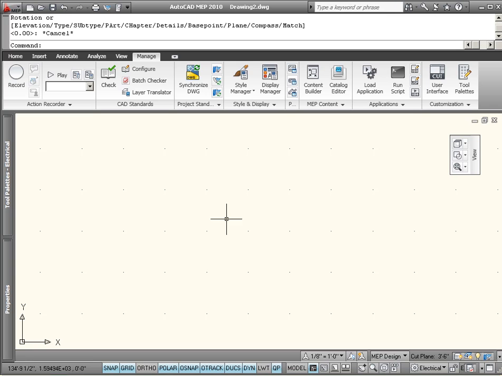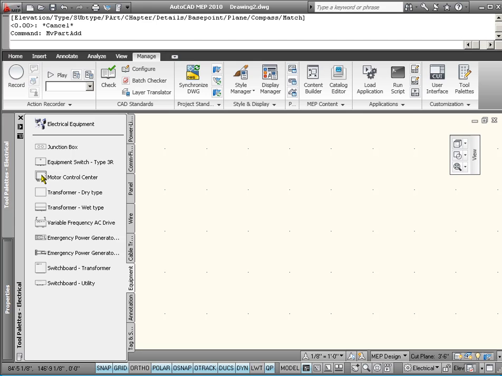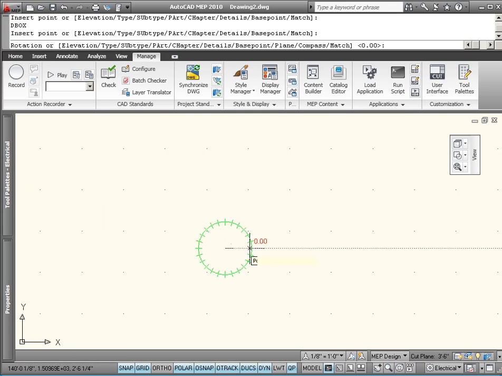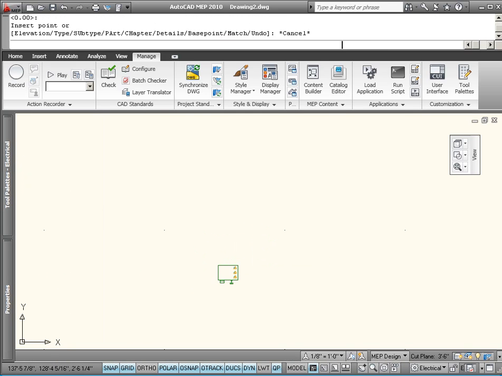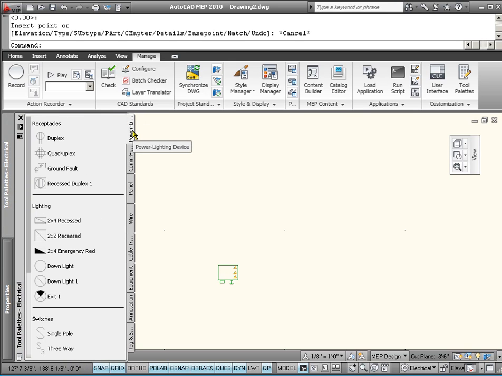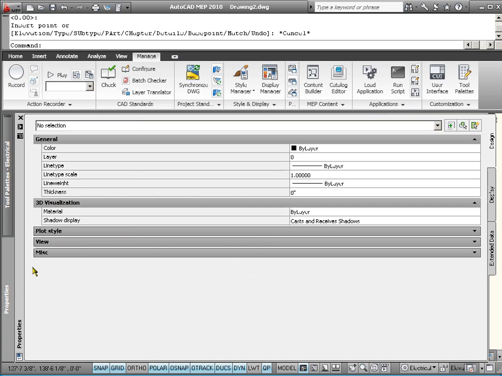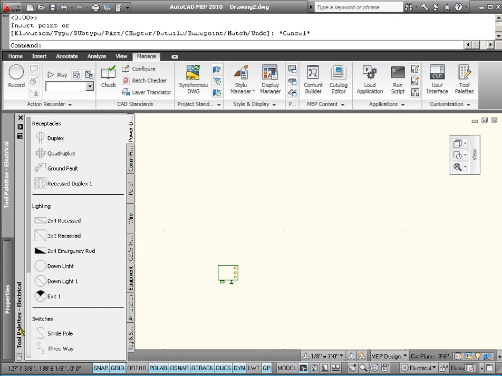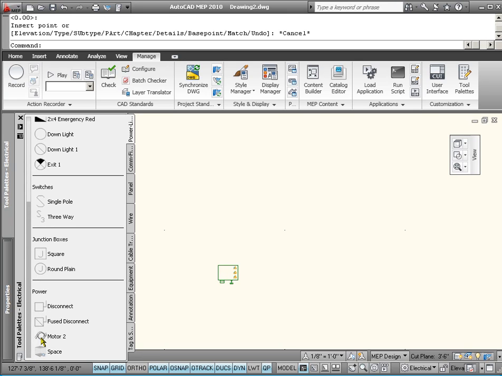So we were in the process of inserting a motor control center, and in the very first video we noted that this is an MV part. Let's go ahead and insert a motor as well. Motor's not in this list, but it's probably in the device list. So let's go find a motor device, and we may have to add it here. There it is. So we'll insert a motor,